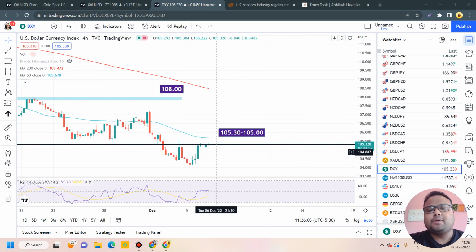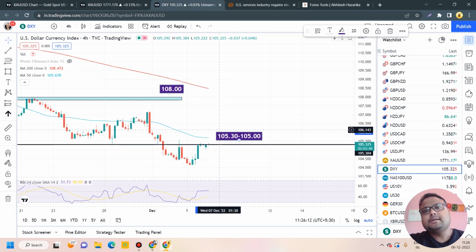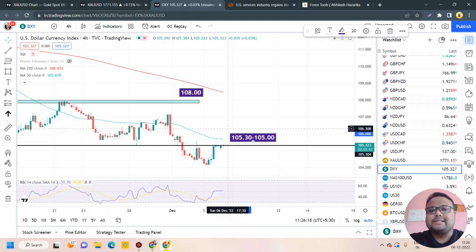For the last 10 to 12 hours, we can see that DXY is standing at the previous support, which is 105.30, and right now it is also acting as the new resistance. But still DXY doesn't want to surrender and still wants to go up, and it happened mainly because of